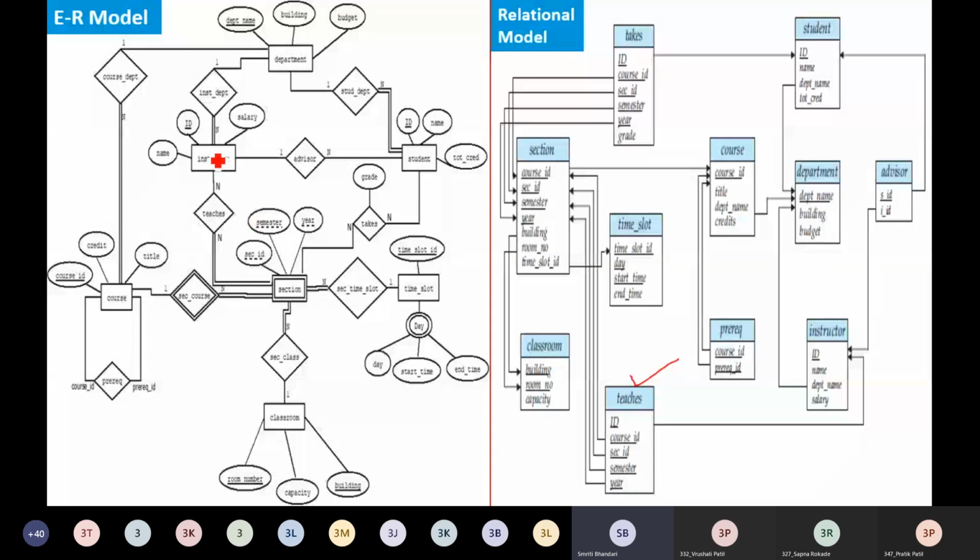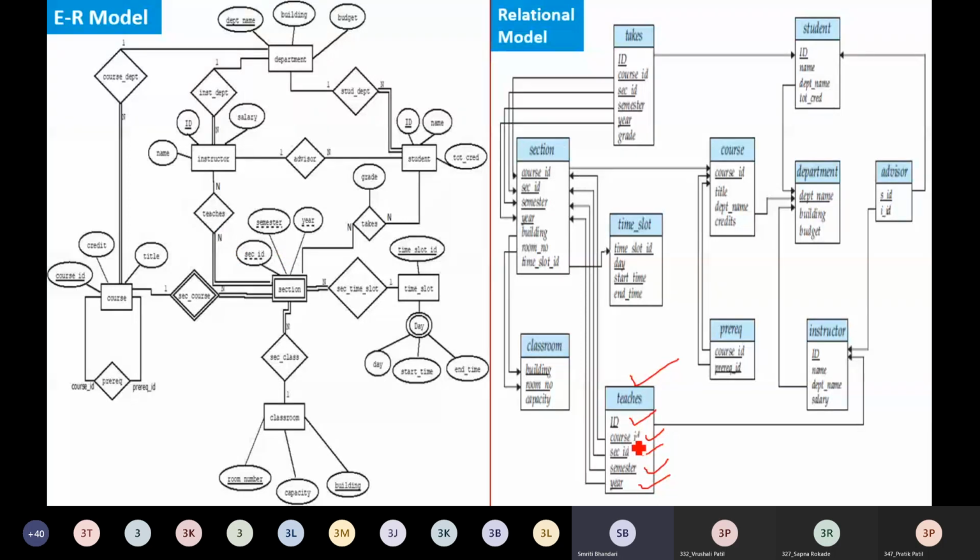And that is why we should have the primary key of instructor, that is ID, and we should have the primary key of section. Now section being the weak entity set, the primary key of this weak entity set is course ID, section ID, semester, year. So we have added the primary key of the section, that is course ID, section ID, semester and year. And also see how we have drawn these links to the respective tables. These four attributes are borrowed from the section table because section is participating in this relationship.